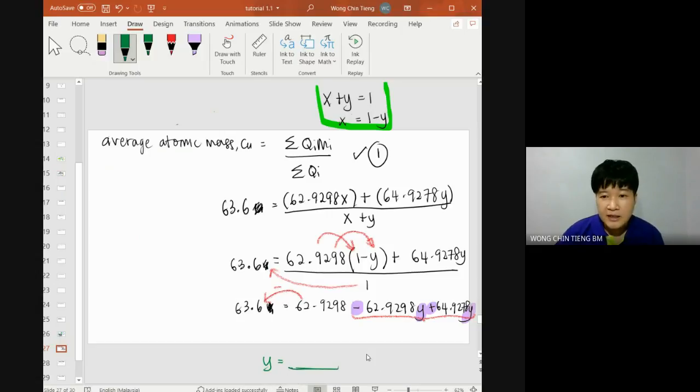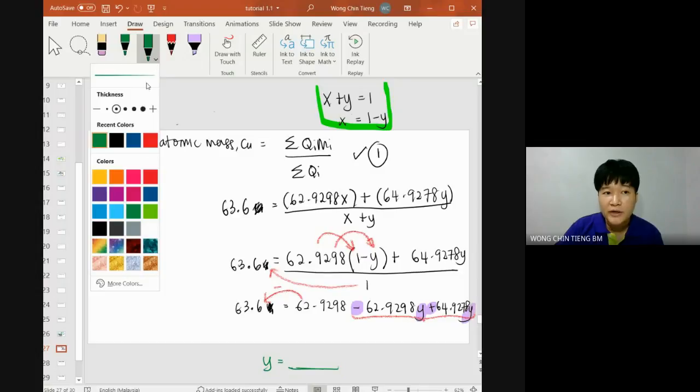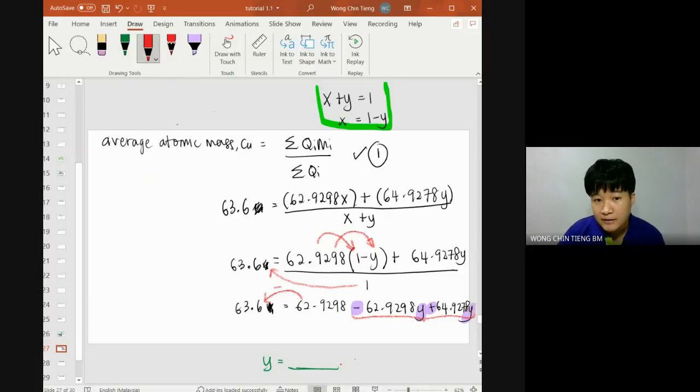Okay. Saya cuma nak tekankan teknik menjawab. Soalan tak ada Y tau. If you read the question again, did the question ask you to calculate Y? No. Alright? So you cannot leave your answer as Y because the question did not ask for Y. Therefore, you need to label the Y. Y equals to the value that you calculate is abundance